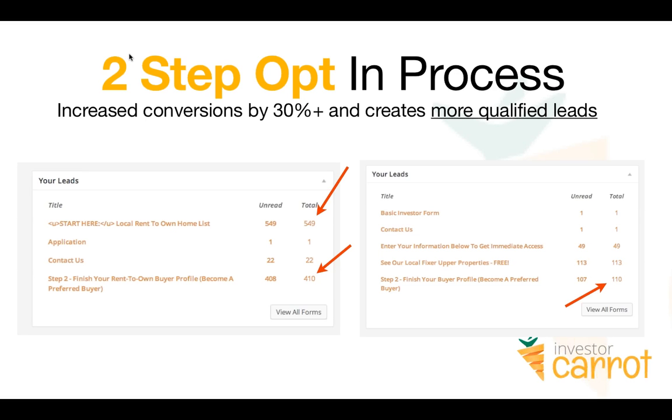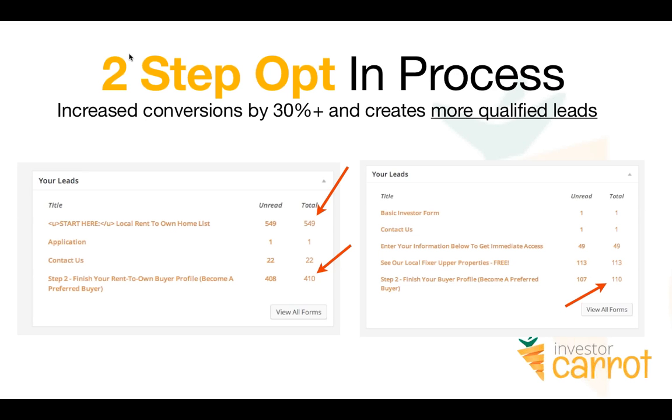410 of those 549 leads filled out that step 2 form. Okay, so 410 people raised their hand and said, I will further qualify myself voluntarily right now, and give you a bunch of information. Way more information than I would even ask for on a longer form usually. So the benefit is I get their contact information immediately on the first form, and further qualify them on the next form. And a lot of people would look at it and go, well, shoot,